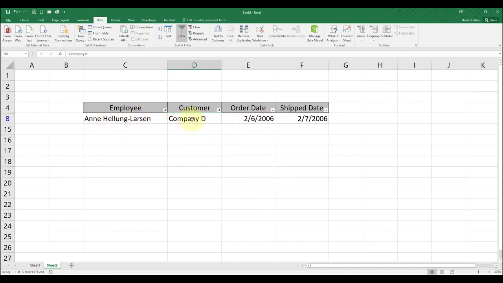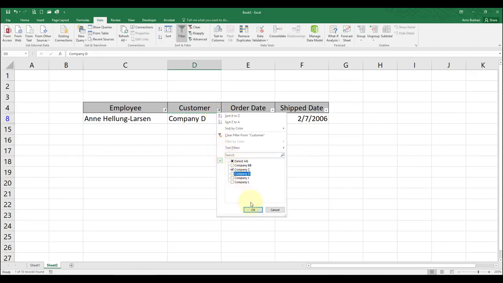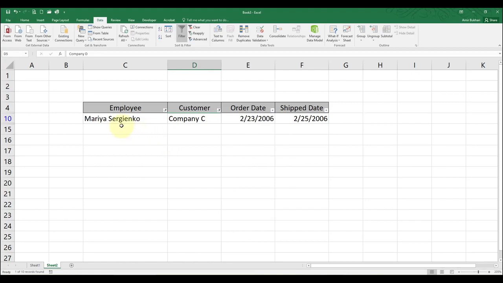It means only one company, company D, corresponds to this employee. Now company C actually belongs to the other employee. So like that you can have multiple filters, and you can filter down your data depending on your requirements.